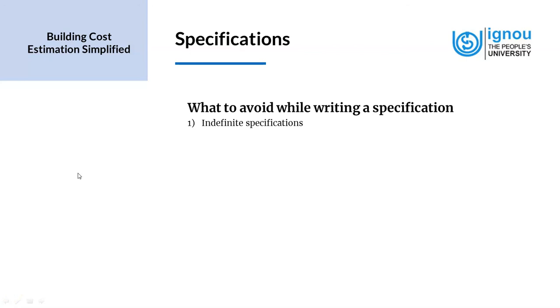An example of an indefinite specification would be RCC M15 will be considered equivalent to 1:2:4 volumetric mix. Now, there can be a doubt whether volume so specified, 2:4, is a heaped volume, tamped volume, or any other means of measuring volume. Now, another example would be in a clause relating to substandard work, a specification may say that if the work is not in accordance with the specifications laid down, the engineer in charge is empowered to make such a reduction in the contract as he or she may determine,